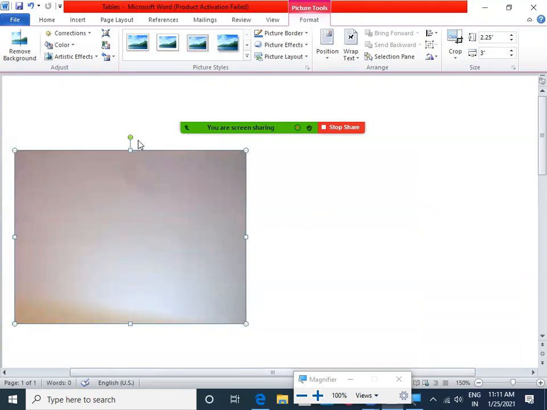And here we have this option called Rotate. When you click on Rotate and move your cursor, the image will be rotated, clockwise or anti-clockwise. This is the anti-clockwise rotation, and this is the clockwise rotation. Getting it? So this is how we can add an image or a picture.